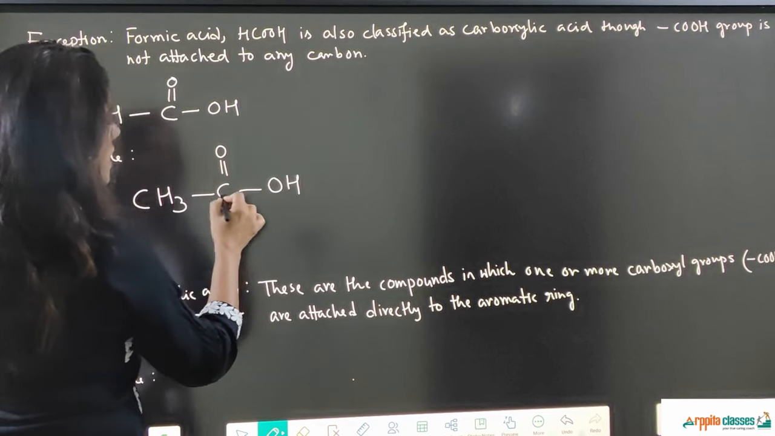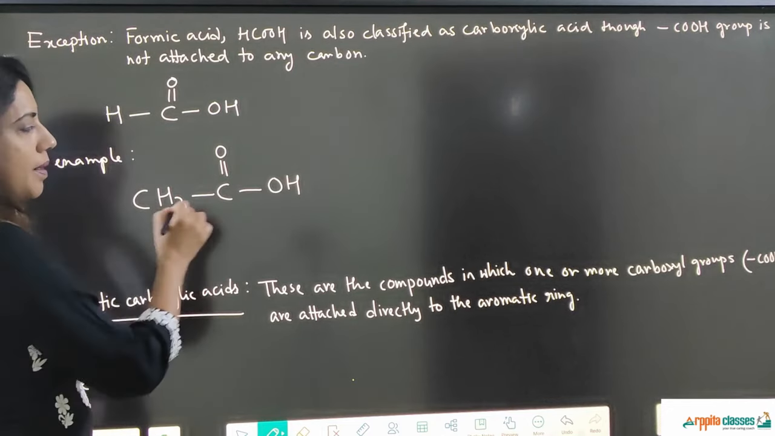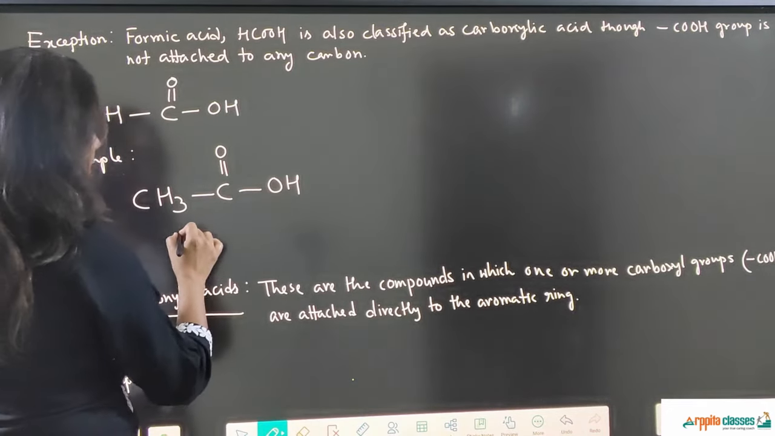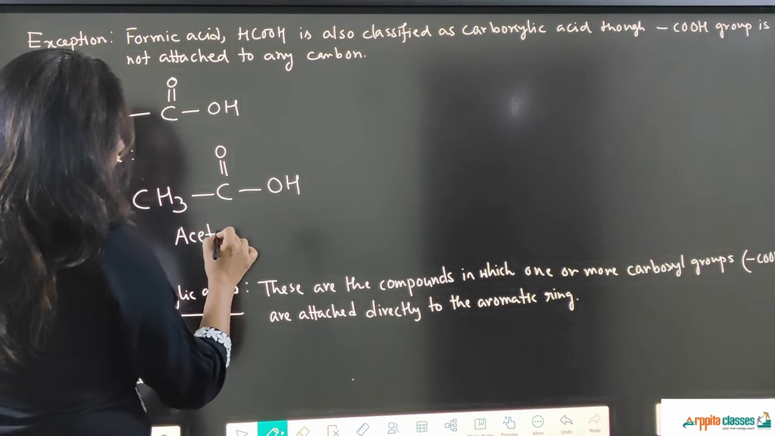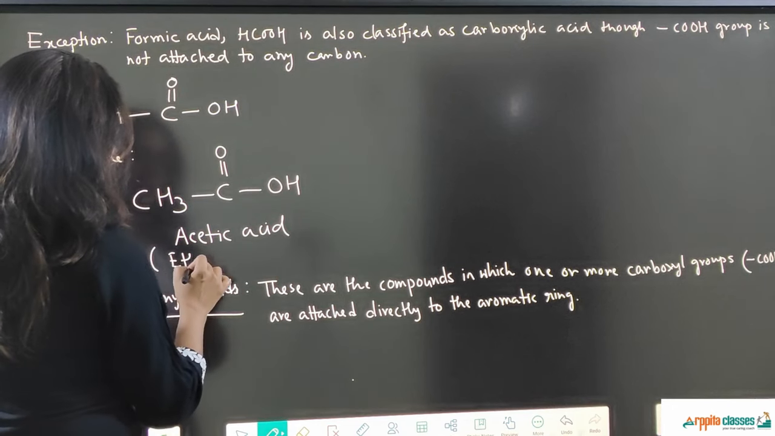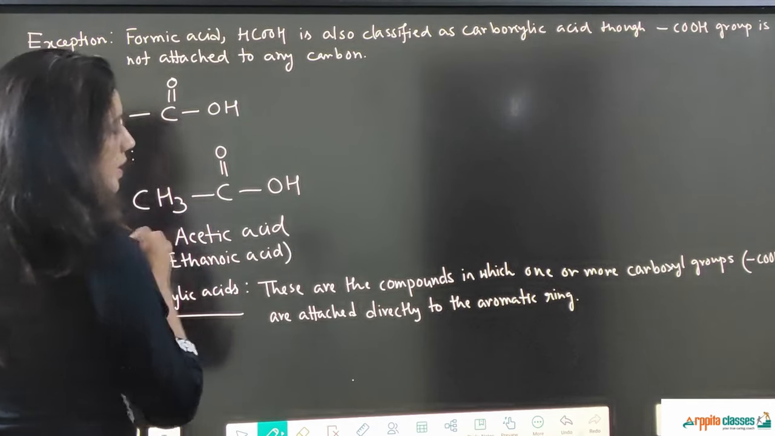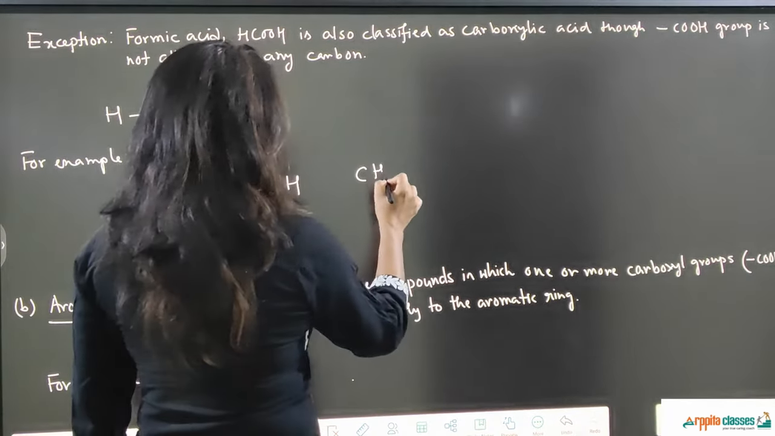CH3COOH. So the carboxyl group is attached to a methyl group, an alkyl group. It is a carboxylic acid of 2 carbon atoms, commonly called acetic acid, and the IUPAC name is ethanoic acid. Another example we can say